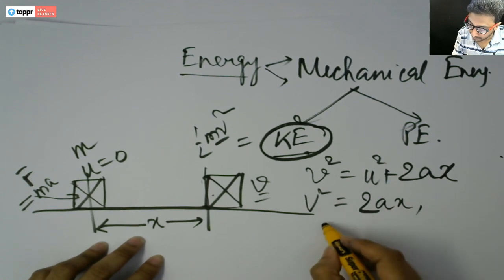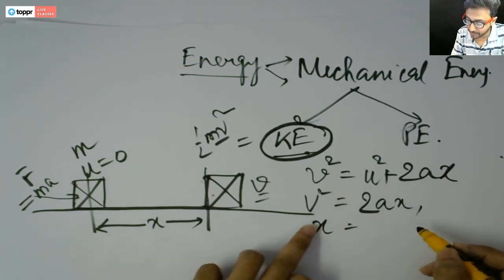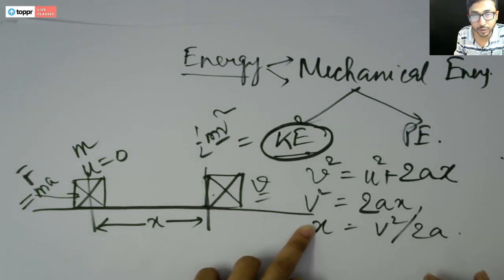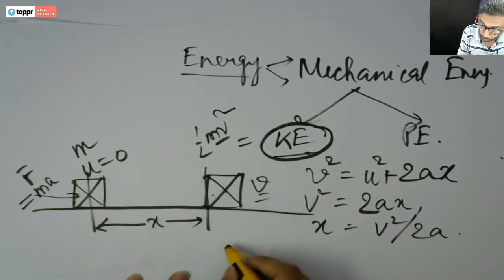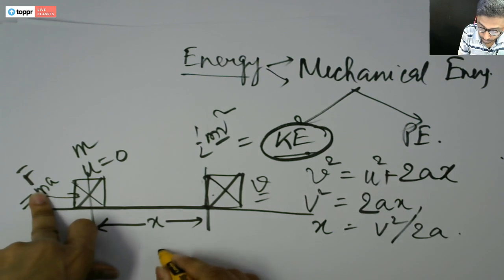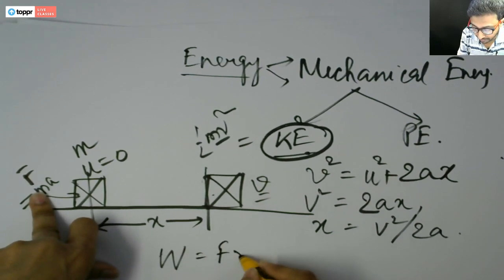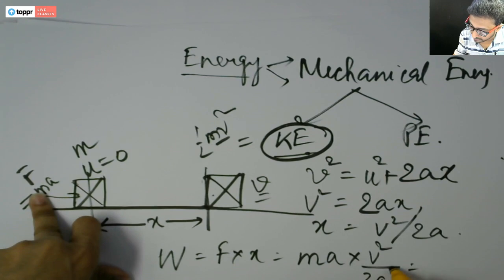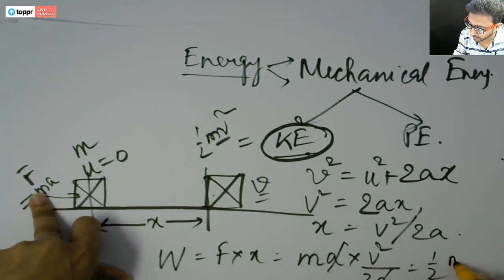So we can find x, the displacement in terms of v square, that is v square by 2a. Now the force F equals ma, so the work done will be F into displacement, that is mass into acceleration into v square by 2a, that is a will cancel out, it becomes